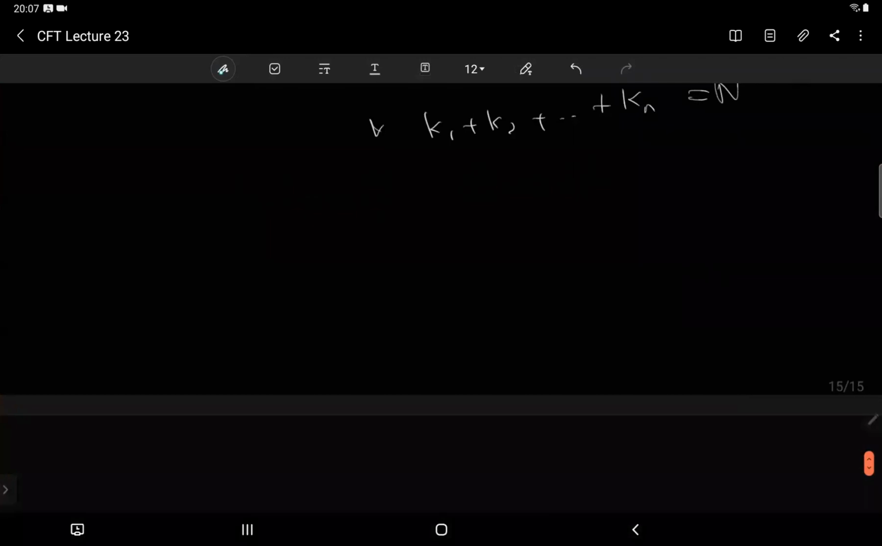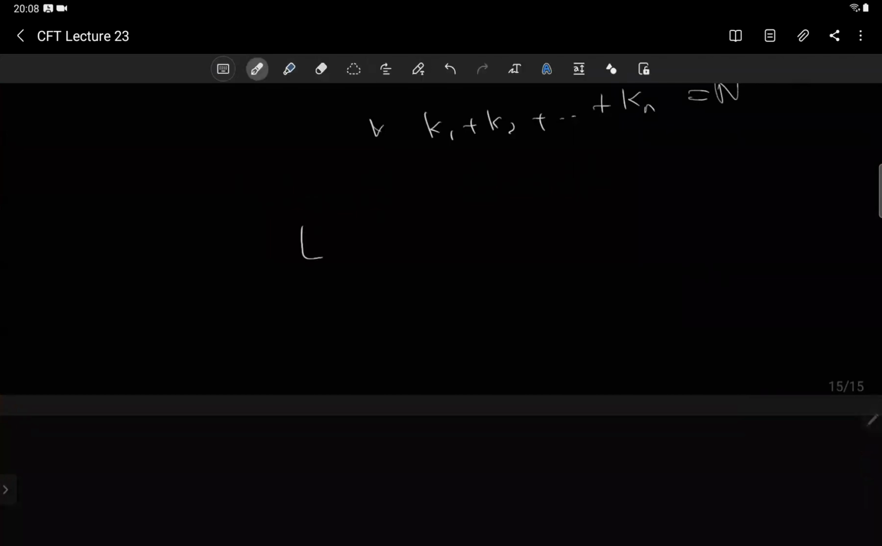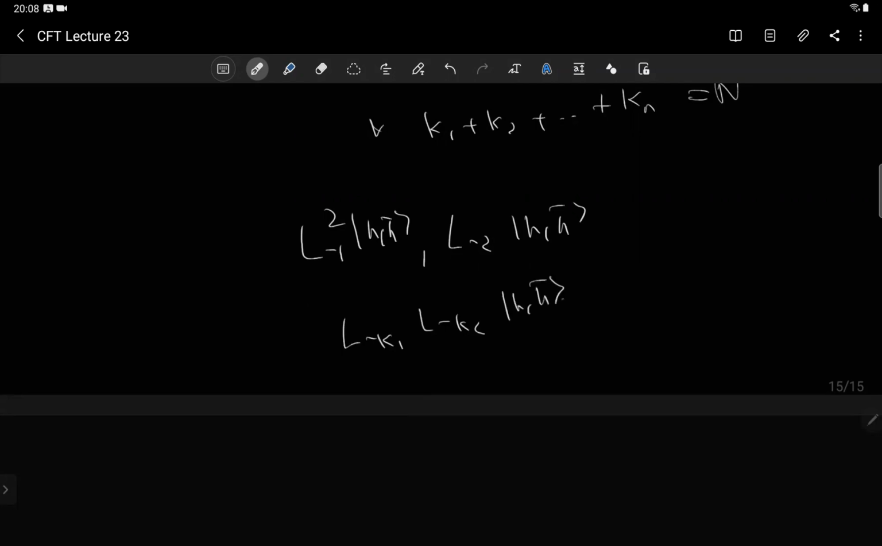এটা আমি জাস্ট টার্ম বাই টার্ম দেখে বললাম। যখন আমরা লেভেল 2 নিচ্ছি, তো লেভেল 2 তে কি কি আছে, L minus 1 স্কয়ার আর L minus 2 HH বার। তো এটাকে আমরা লিখছি L minus k1, L minus k2 HH বার। এই ফর্মে নিতে হবে L minus k1, L minus k2 ... L minus k small n HH bar, যেখানে k1 টা k2 থেকে ছোট বা ইকুয়াল।